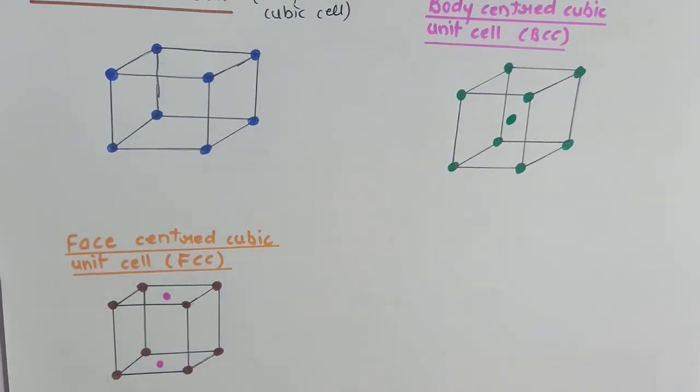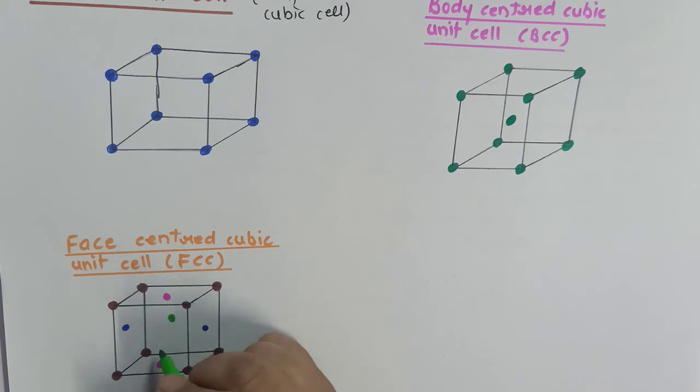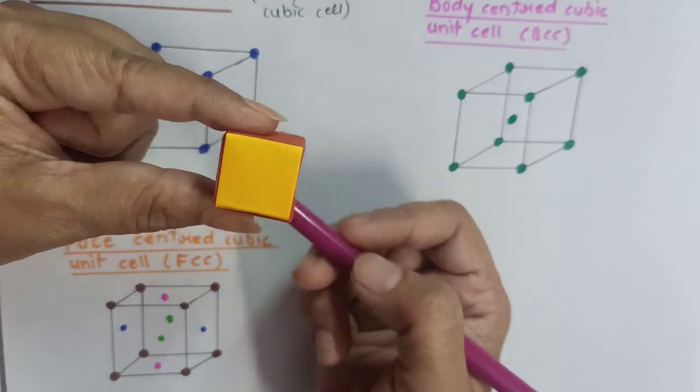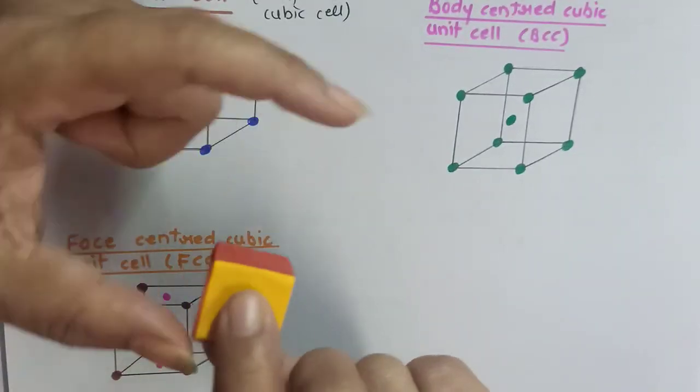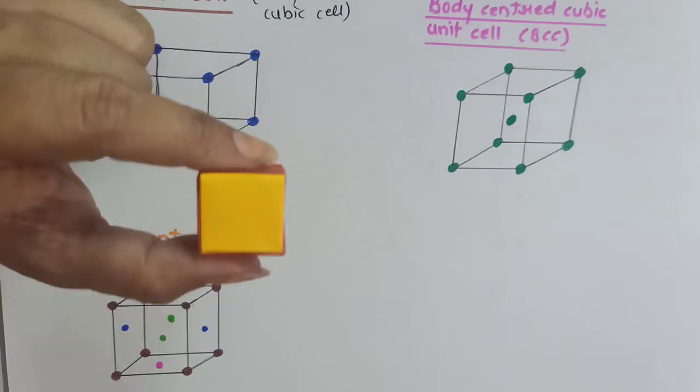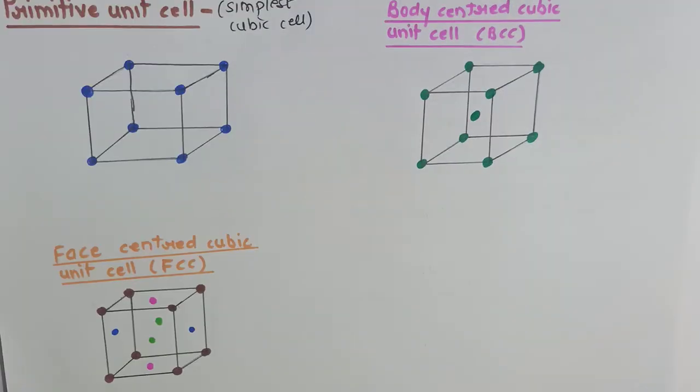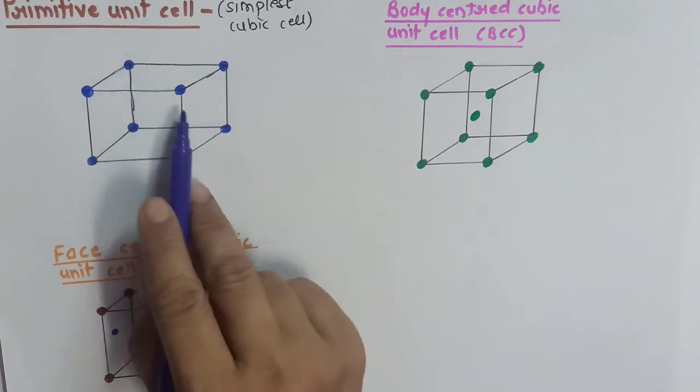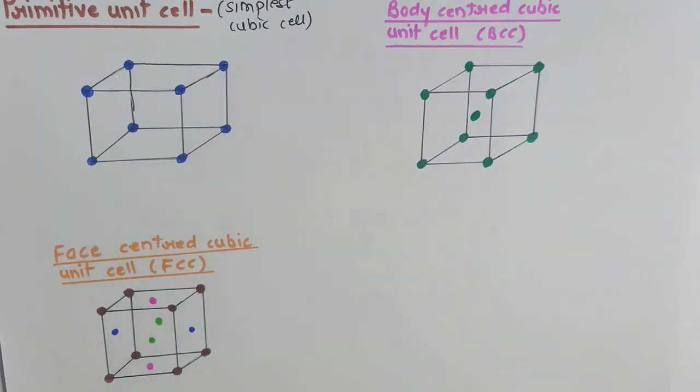So the opposite one, these are the side faces, and these will be the front faces, and therefore we call it a face-centered cubic unit cell. In a face-centered cubic unit cell, along with 8 corners, every face will have a constituent particle. Now we know that there are 3 types of unit cell. One is the primitive, where 8 corners are occupied by 8 constituent particles, then body centered and face centered.